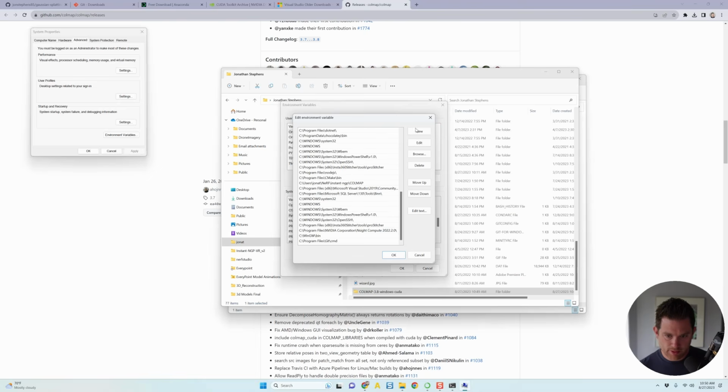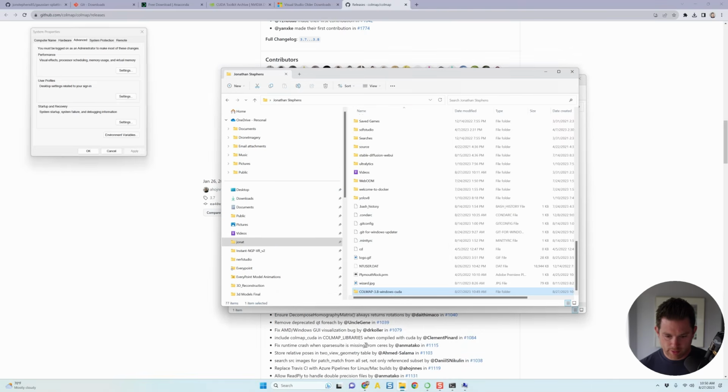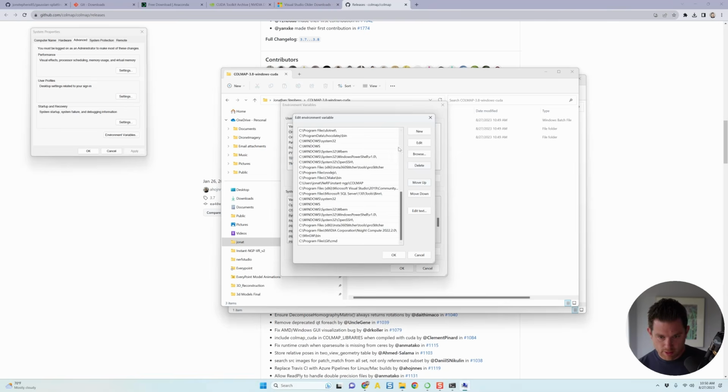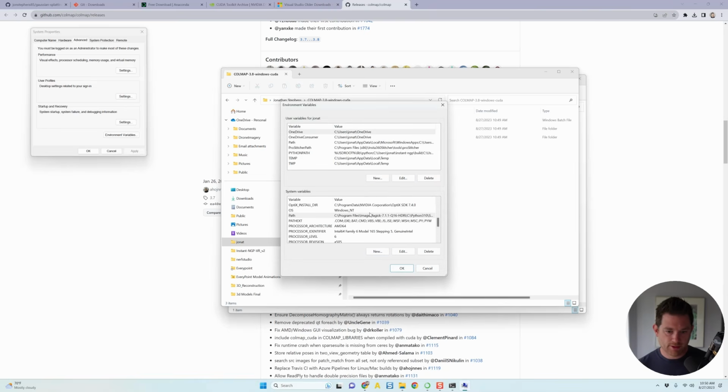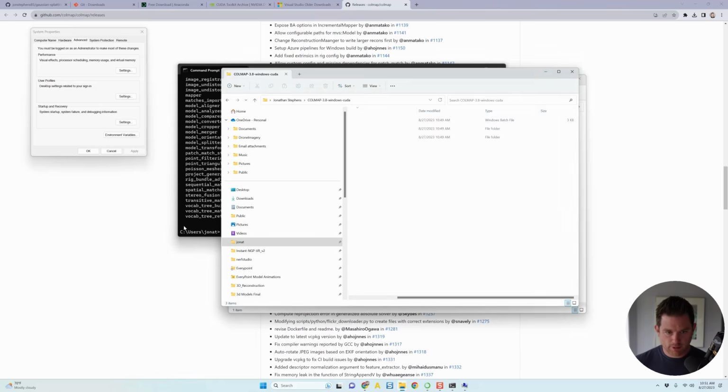But all you have to do is hit new, and then go to that folder that you've pasted in here. So you go into here, here's your path, just Control-copy. And then again, new, paste it in there, hit OK. Now it's added to path. Now I'm going to delete it because I already have it somewhere else and it'll confuse my computer. But that's simple. Now you have that in path. It will know where it is. So let me just delete that. Okay, so now go back